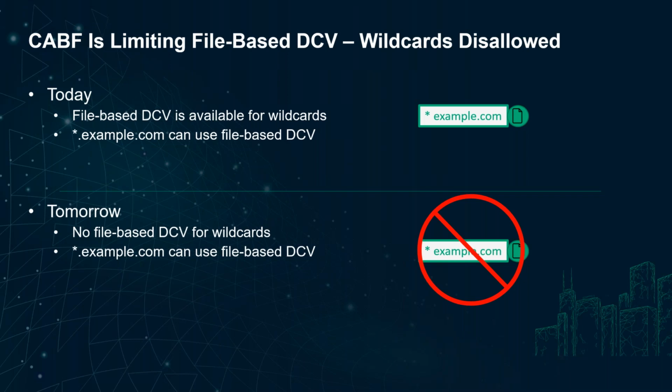So today, I am allowed to use file-based DCV for wildcards. So if I want to get *.example.com, and I'm sorry, my dots are not showing up. There's actually a dot between that star and example. I don't know why you don't see it. But if I wanted to use *.example.com, then I actually could,